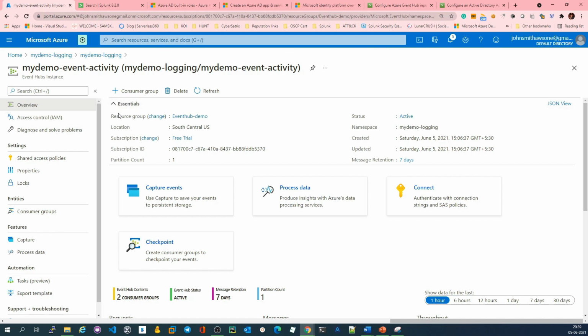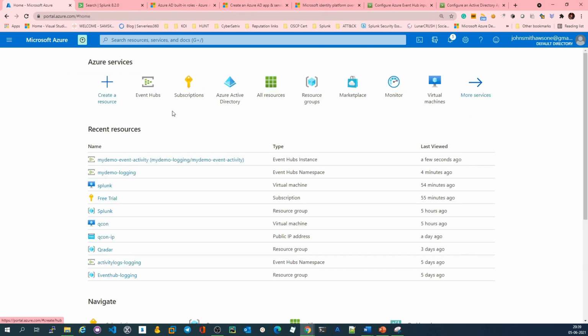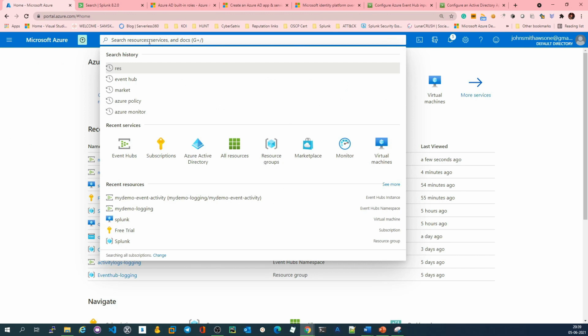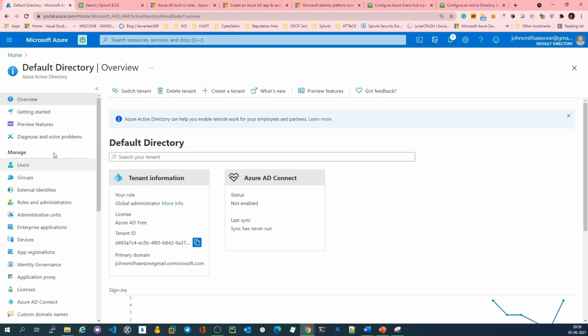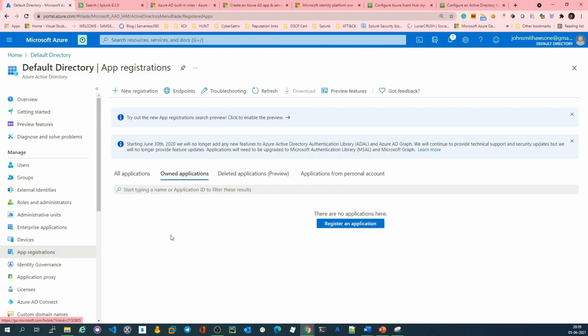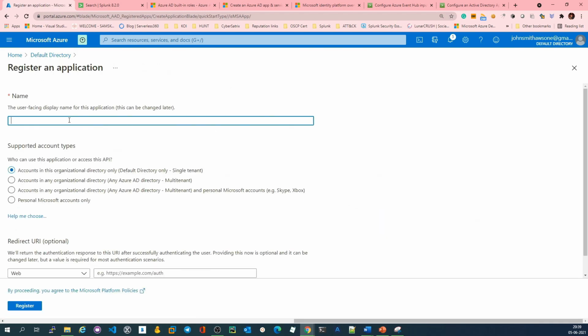Okay, so as of now we have given the shared access signature or the required authorization at the Event Hub namespace level. Okay, great. So now that my Event Hub is created, let me jump on to create the Azure AD application. For that, I'll go to Azure Active Directory, and under the Azure Active Directory, in the manage section, you can see something called app registrations. So click on app registrations, right, and let us register a new application.